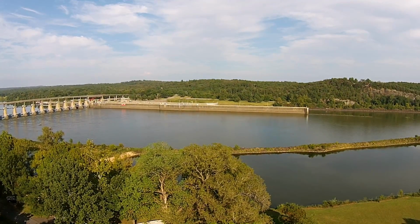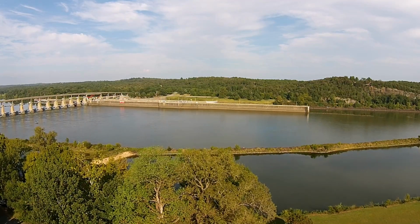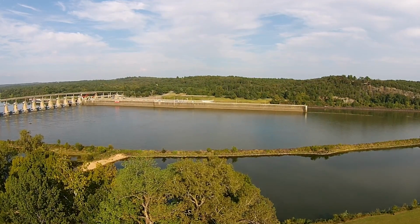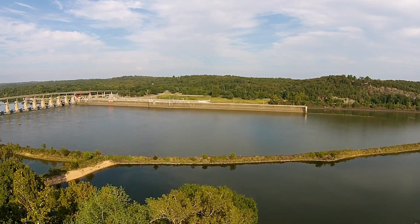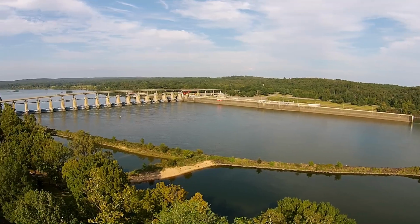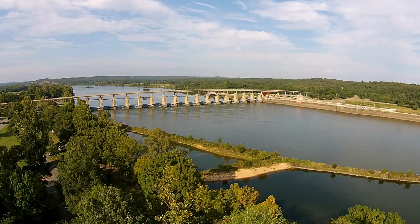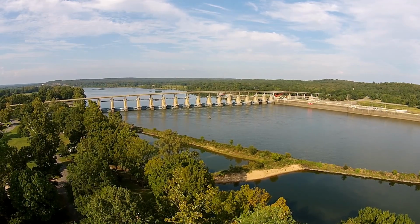Toadsuck Days is a huge event in Arkansas. In fact, it's the second biggest event. It's held in Conway. I think Riverfest is the biggest event. But Toadsuck Days goes on for a long weekend, and typical things that you would expect to see, a lot of arts and crafts. Of course, the toad race is a big hit with the kids. Kids are out searching to find the fastest toads they can